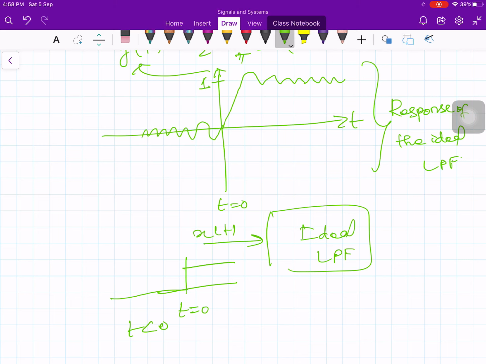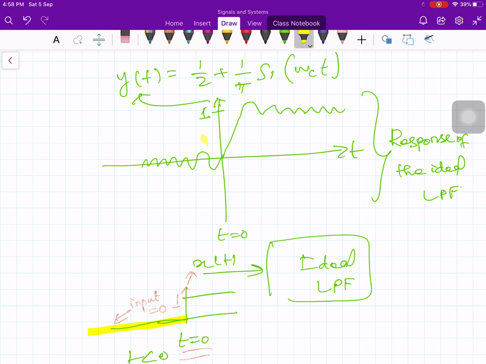0, right? In this range, what is the input value? Input equals 0. This is my x of t. Your input is 1 exactly when t equals 0. But on the other hand, if you look at the function, it has certain output before the application of the input. Before you apply the input, there is some output. Okay, you have a unit step input here at t equals 0. The output will be like this. You have some output